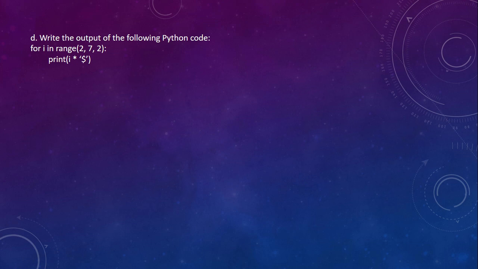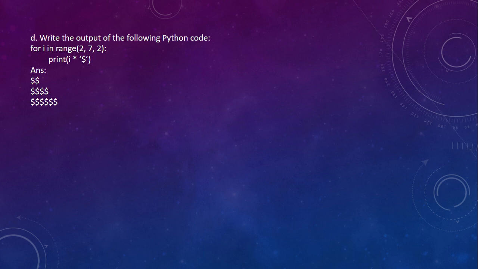Now what is the output of the following Python code? The output is, now why is it so?